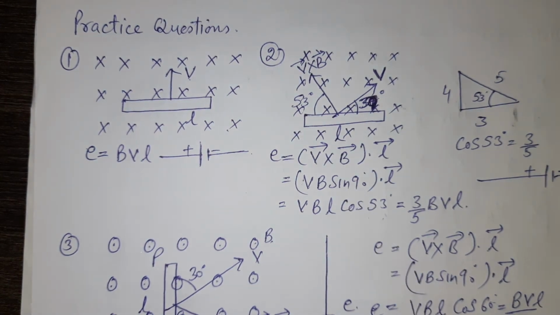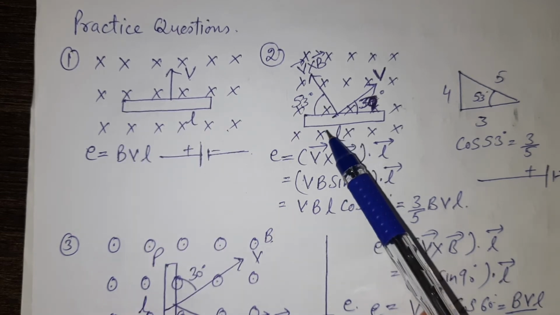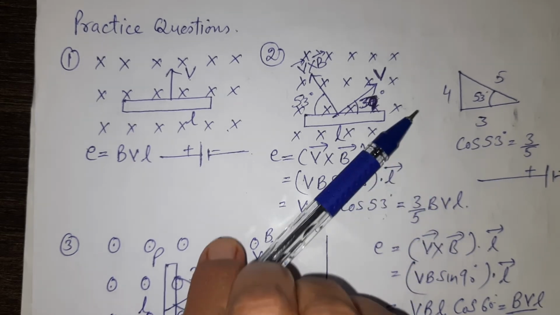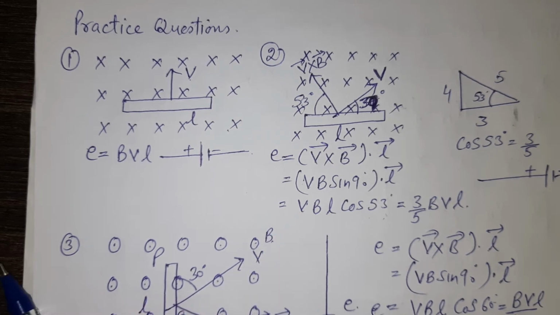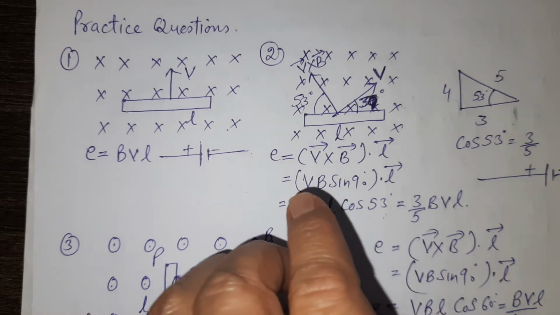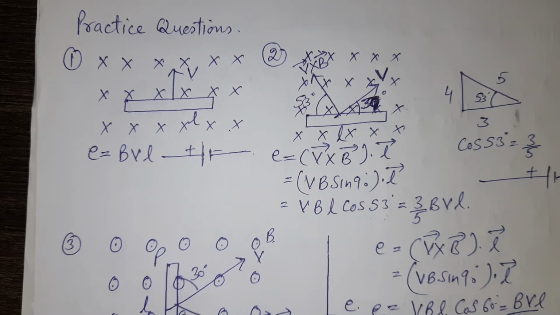Now next example. Here the rod was parallel, earlier the rod was making an angle of 37 degrees. Now in this case, the angle between V and the rod is 30 degrees, on this side. Now the field is also outward, the field is like this, and this is the velocity vector. So V cross B will be this one, because this is V and this is B. So this is V cross B.